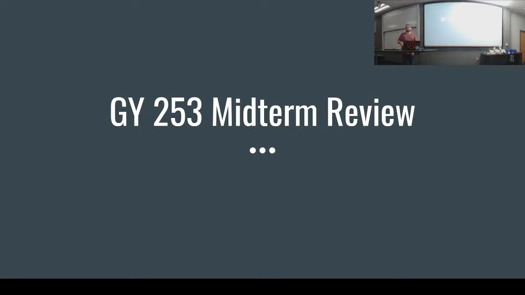Is it going to be memorization, or you have to identify things? The midterm is going to be all multiple choice and a few matching answers. So you won't have to identify rocks with pictures per se, but there will be a couple of questions asking to match rocks to their definitions, and the definitions are going to be in your midterm review document, which is under the